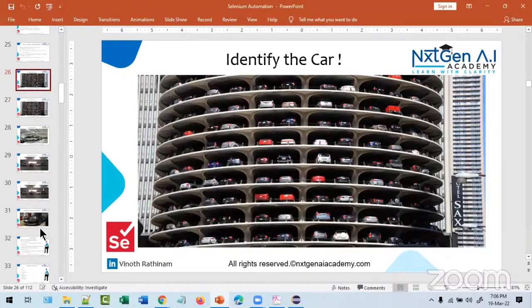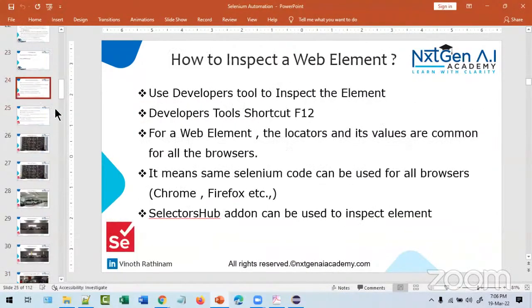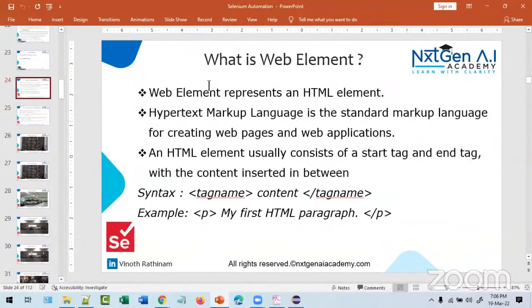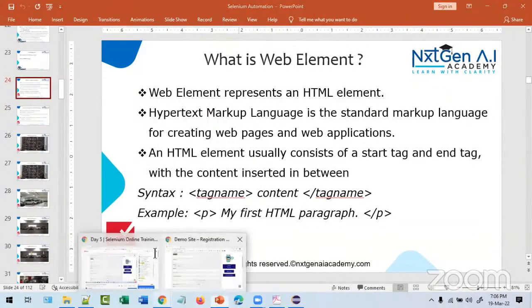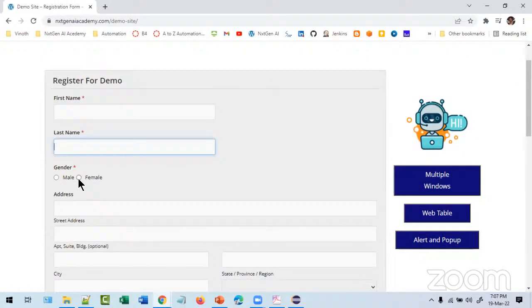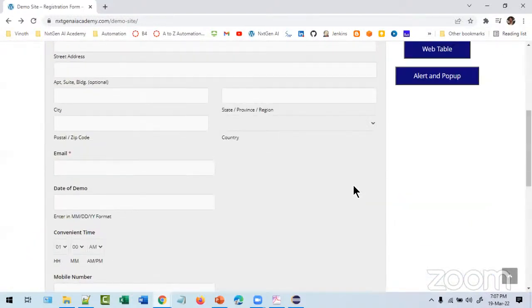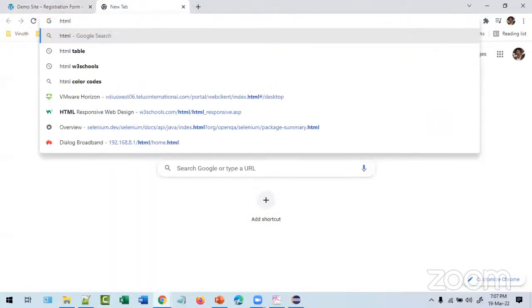So before going into the coding part, a few more things we have to learn. That is web element. Technically in Selenium, these are all called web elements. First name, last name, everything is a web element. The radio button, the logo, the link, everything is a web element. Okay. If you check it in HTML,